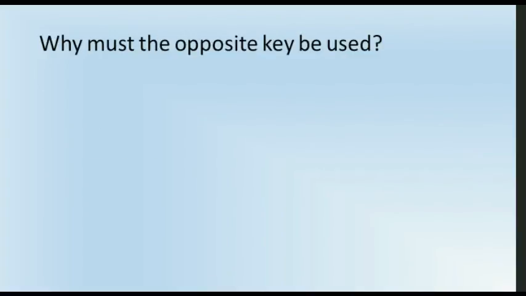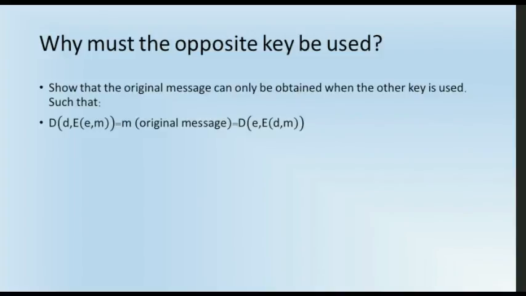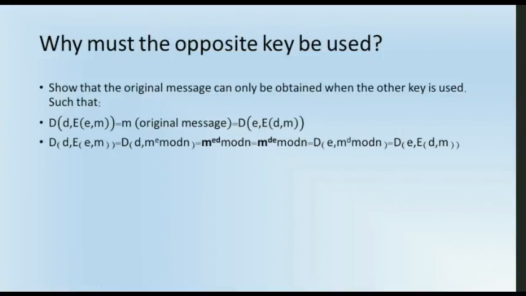So let's talk about the property of the RSA algorithm, which is that if a message is encrypted, then the opposite key that was used to encrypt it must be used to decrypt it. This is such that given some encrypted text that's encrypted with a public key E, and given a private key, we can retrieve the original message, and vice versa. Given a message that was encrypted with a private key, and then given a public key, we can retrieve the original message. Well, we know our encryption function, as we stated before, is m to the e mod n, and